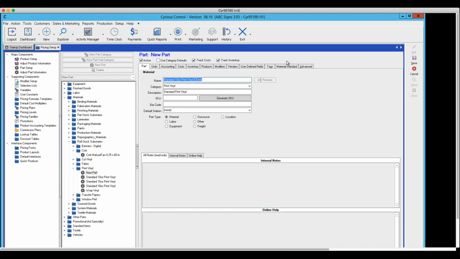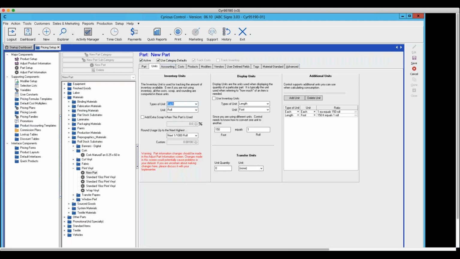I would say clone it, and now I'm going to verify that these settings up here are what I want. I'm going to put the new name in. I would change the category to the cork category that I had already created, verify the material,